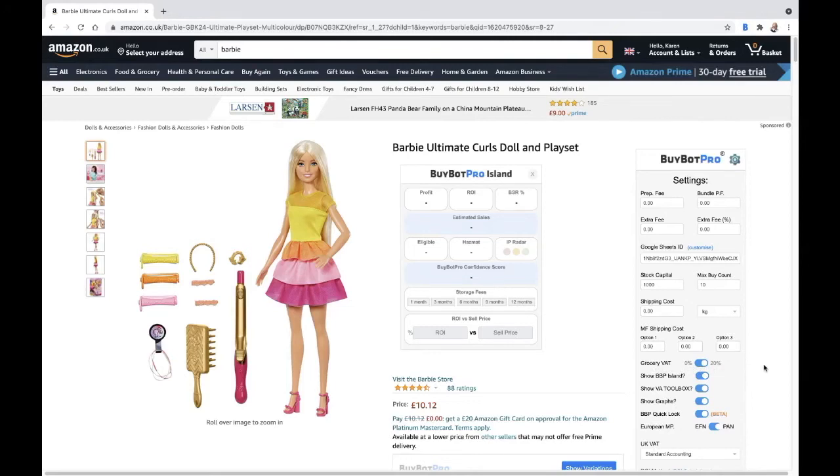Now, 95% of the products within the grocery category are not VATable, so you don't have to pay VAT. You still have to pay VAT if you're not VAT registered. This is not for you if you're not VAT registered. This is only for you if you're VAT registered. If you're VAT registered, you don't have to pay VAT on the sales price of the product if it's a 0% product.